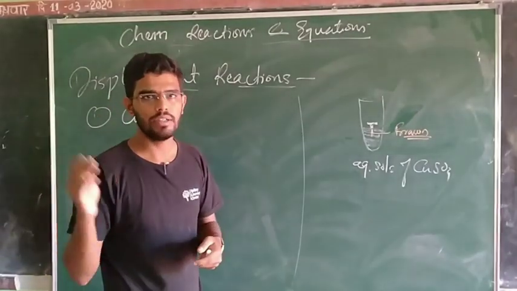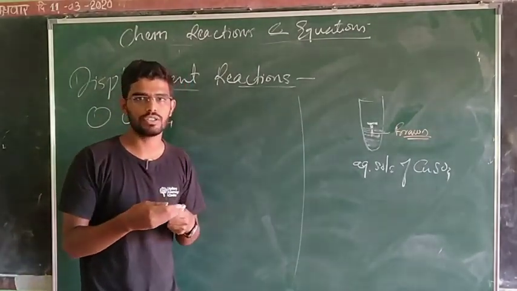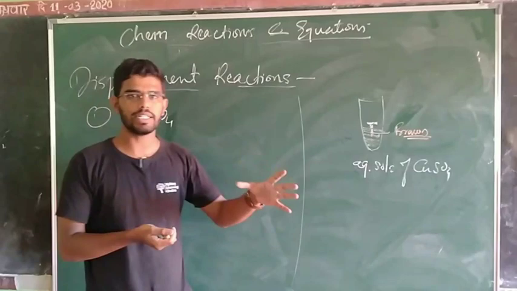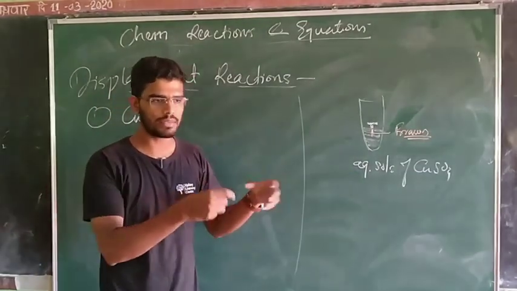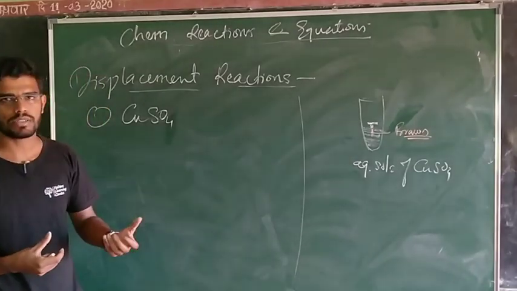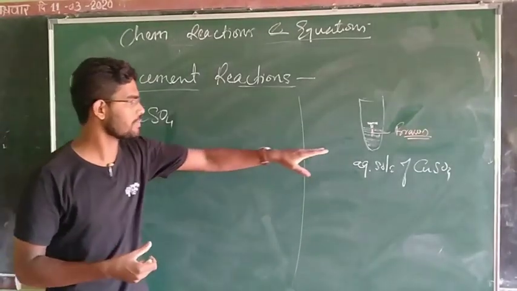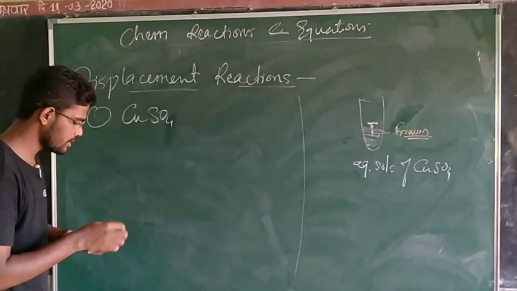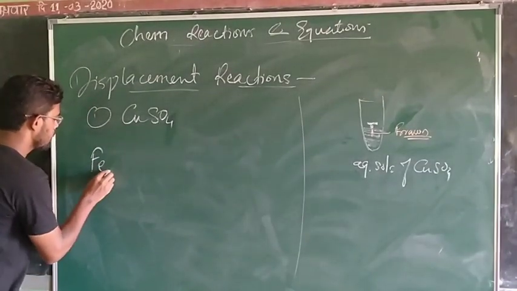हमने देखा था पहले, when color change or temperature change or there is a change in state of the substances observed, these are some criteria that we may say that reaction has taken place. Okay, so what kind of reaction has taken place here? To explain that, we need to take iron